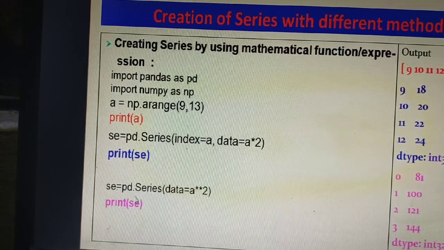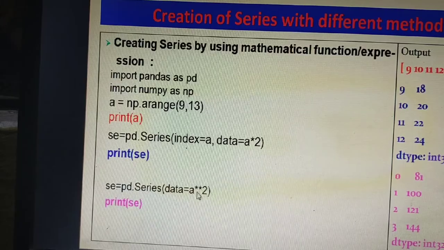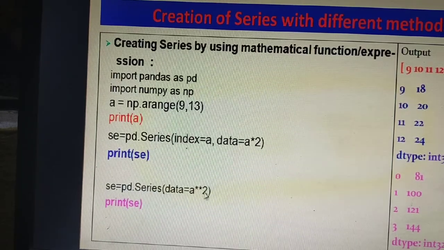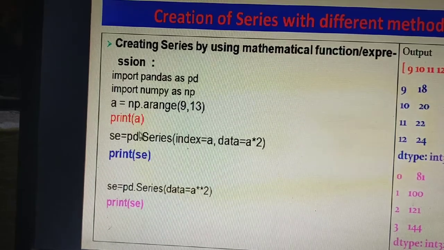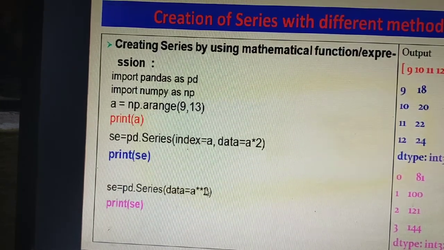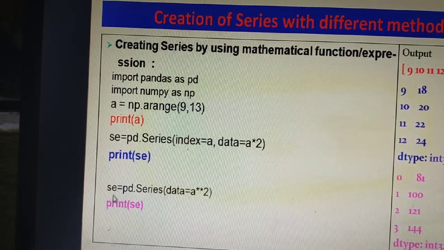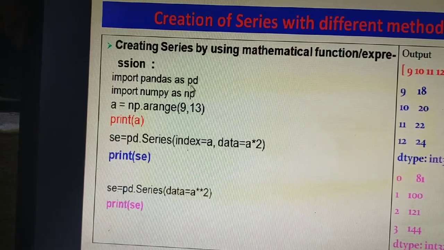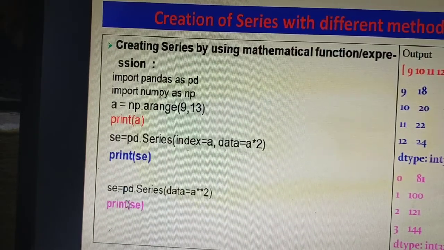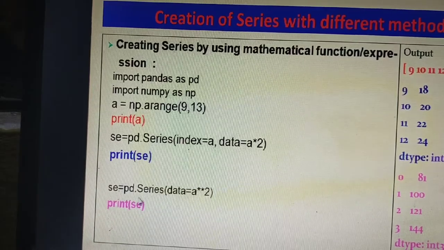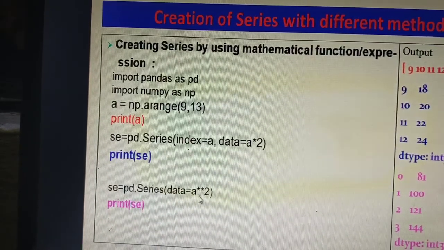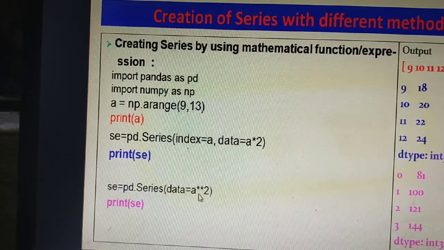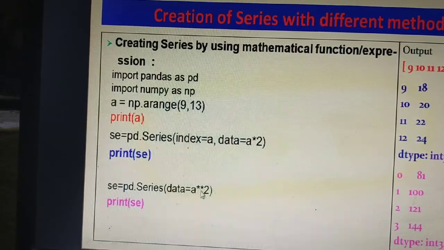The same thing is here. Here we are using data as a square. Whatever array is here will be squared in the series. So the same pandas and numpy you have to import, and then write this command pd.Series with data A double star. Double star is the symbol of square.